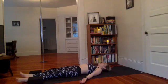Oftentimes there's an attitude or a sensation or emotion that's attached to different things in yoga, back bends, hips, twists, whatever it is. I always imagine that back bends are attributed to confidence, also openness of the heart. So maybe find ways throughout your days to find a nice posture, draw the shoulder blades in as you stand, as you sit. And subconsciously or even consciously, it might affect you in a really positive way, bringing you into that confident state of mind,